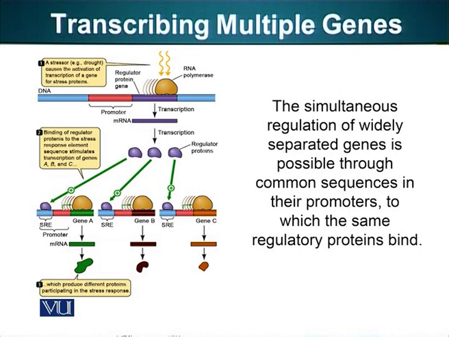For example, if a plant suffers from drought, it results in production of a regulatory protein, a type of transcription factor. This transcription factor can go and bind specific elements in DNA. So wherever a specific region of DNA exists, here we are calling it SRE,